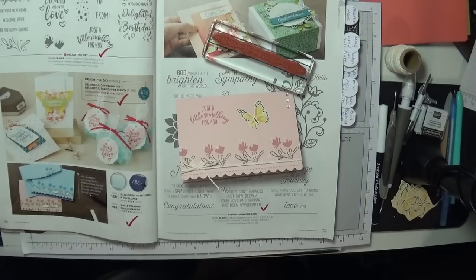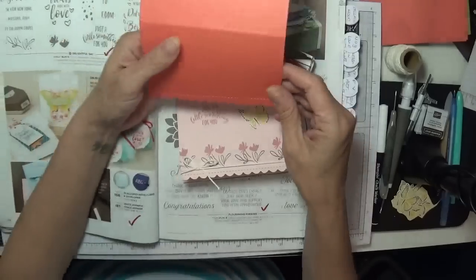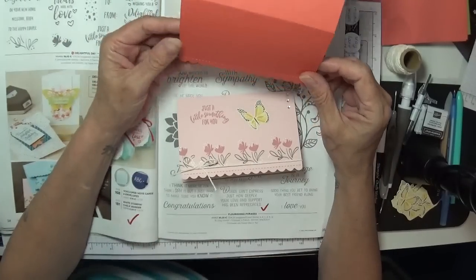I lay my card down. Add them dots. Try to make sure they're quite level. There we go. Oh, not quite the level I wanted. Just off a little tiny touch, but I'm sure if you had time to mess around,